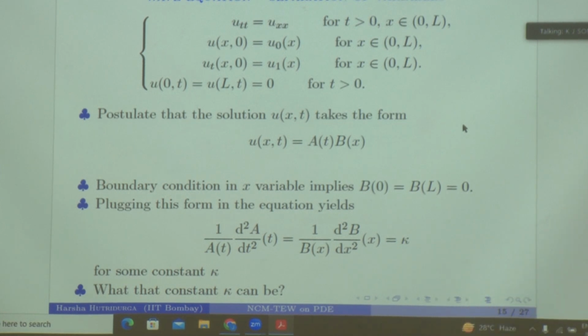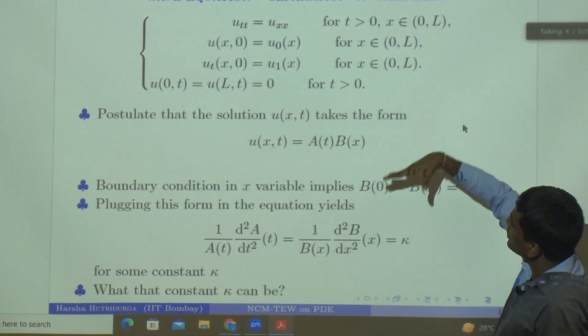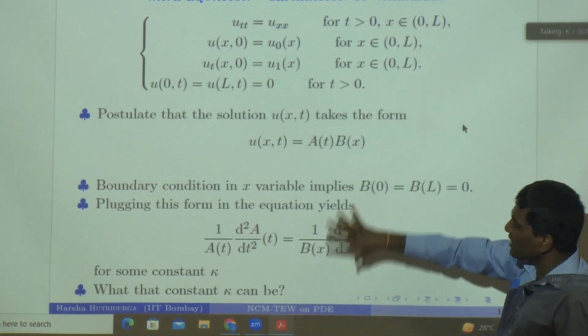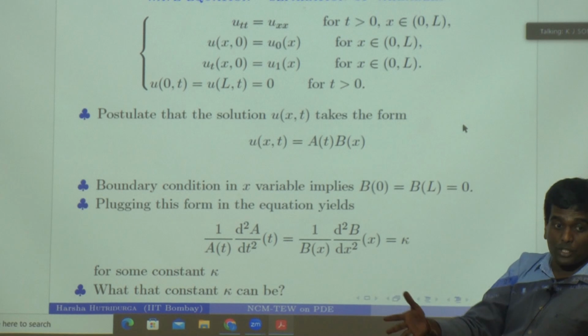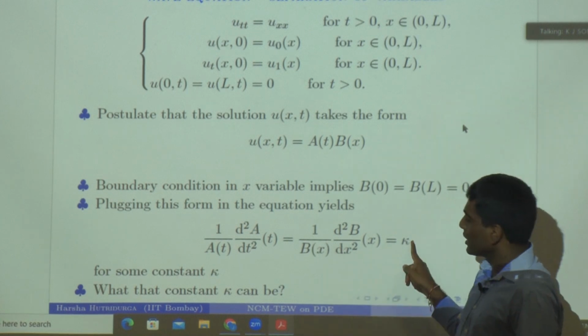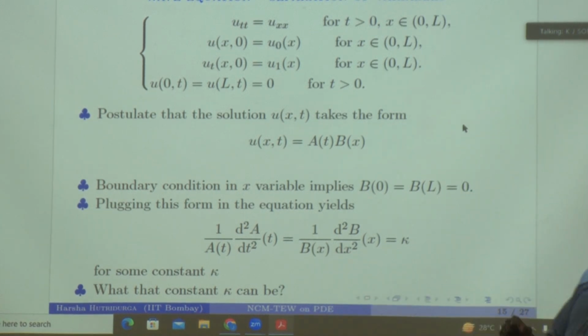Okay, we are going by first principles. We are not plugging in any particular expansion. We are supposing that there is a variable separable structure, and we are trying to see if this particular form can be a solution to this problem. What are the obvious things that need to be true? The first thing is that these two ratios should be equal to some constant. Now we try to answer what that constant can be.